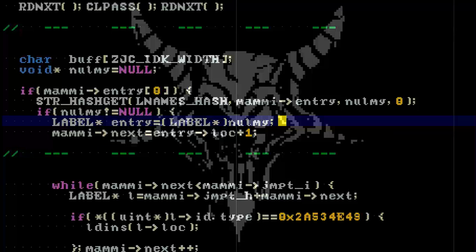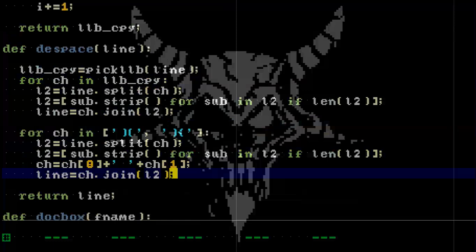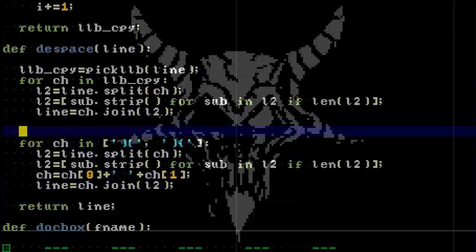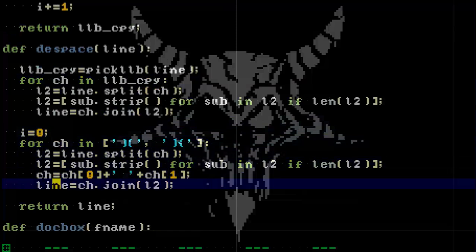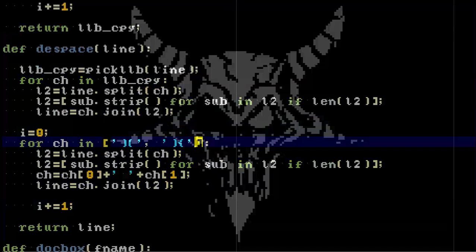Let's switch to the previous file, and I could keep on concatenating these, but I'm just going to do it the lazy way. I'm going to increase these at the end of our loop, and what I'm going to do